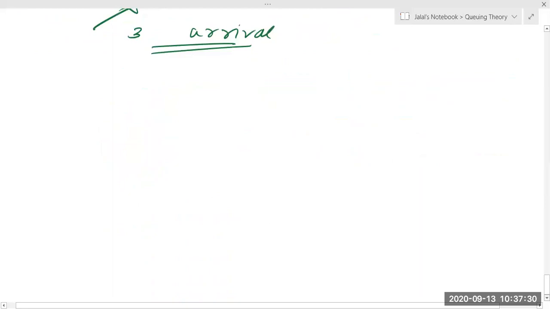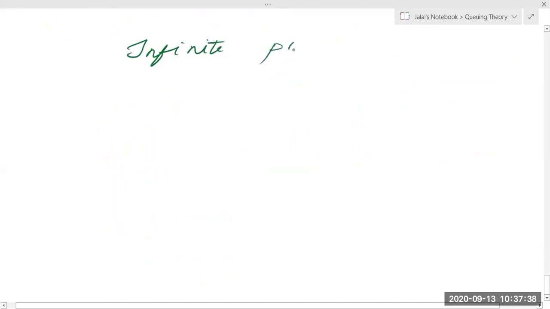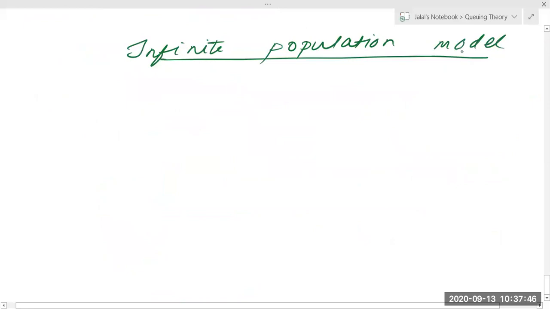An infinite population model is more like your doctor and the patients. There the length is also infinite and the population is also infinite. When you cannot control the population, that is called an infinite population model, as simple as that. But you have to understand what a finite population model is. Done? Is it okay? Yes, sir.